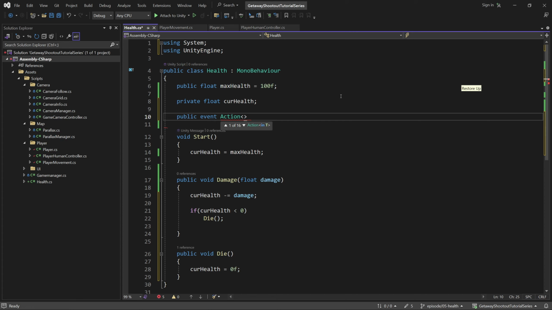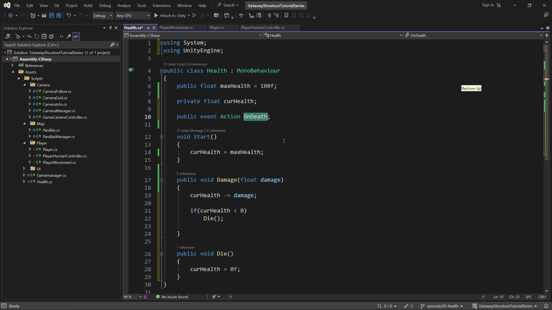For right now, I'm just going to leave it without parameters, but as I was saying, we could pass in some information about what killed us and the players involved. For right now I'll keep it with no parameters. And then I'm going to name it on death,